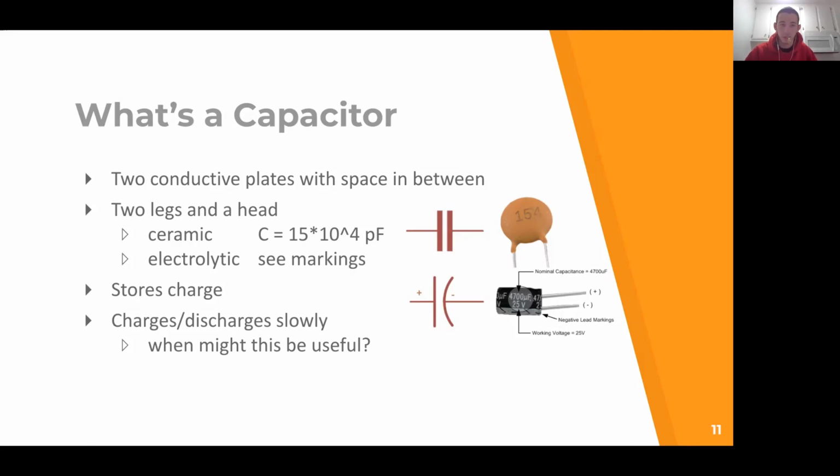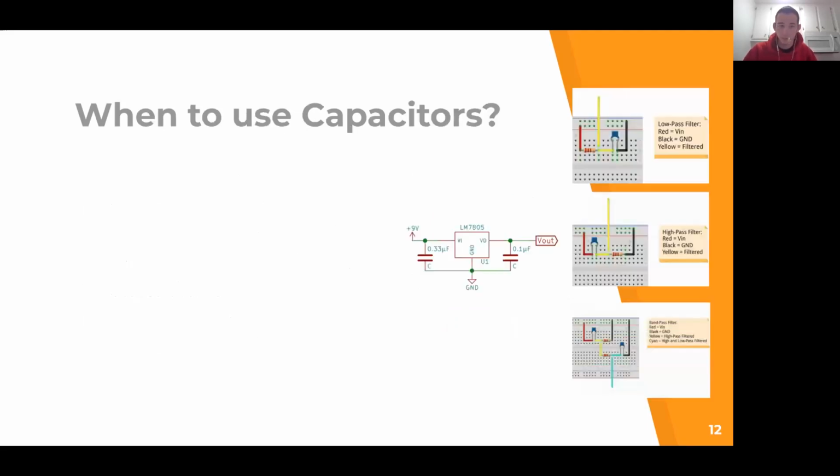Like we said before, they store charge and charge and discharge slowly, and this can be applied in a lot of different ways. I'm going to go over a few ways on why they might be used. One of the ways is coupling. Sometimes you have AC current. If you don't know what that is, it's just